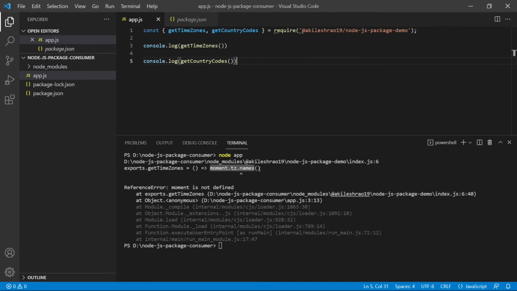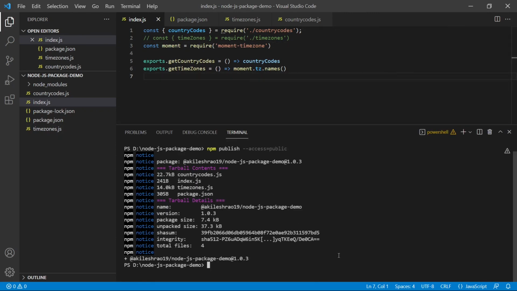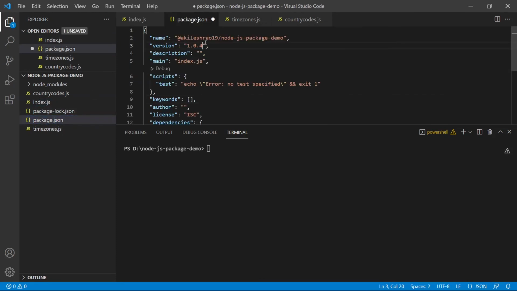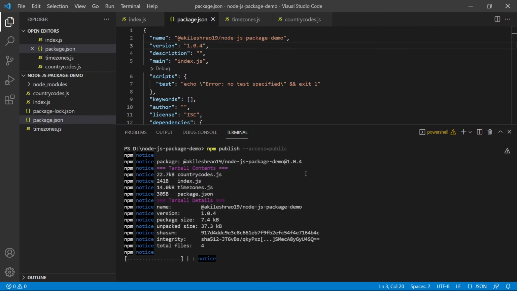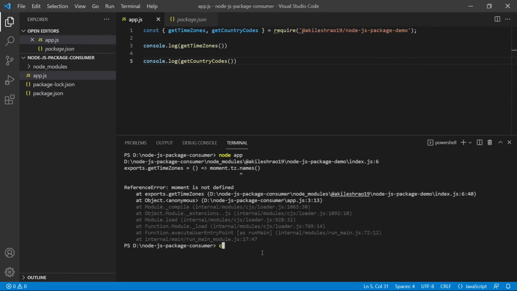I'm actually getting an error here because the name of the variable that I had set was incorrect. So this should work. I'll just again publish this, set it to 1.0.4. This is done. I'll go back to my node project.